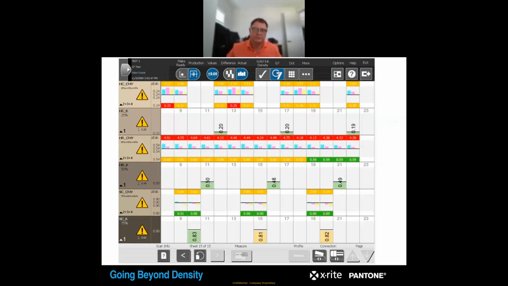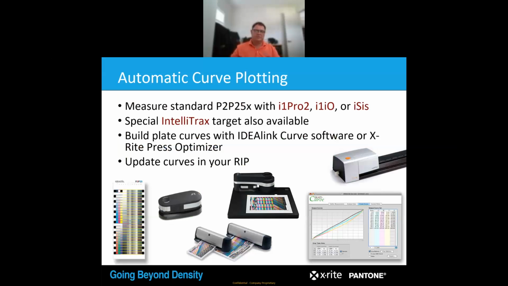Okay. Giving you an indication of measurement of a press sheet. So what you see in the middle is your gray balance. Up the top, you see another gray balance. In the middle is our black. Then we have our second black and our gray balances. Okay. So